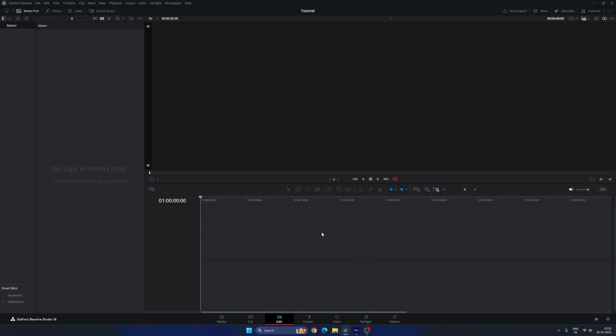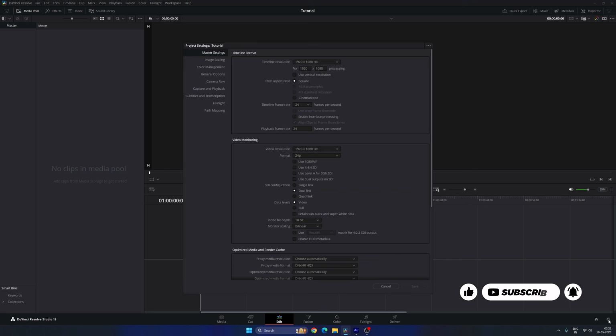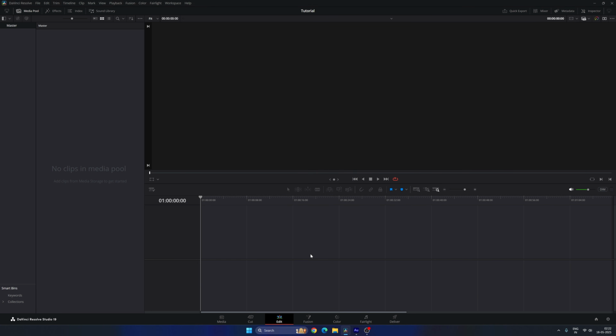Alright, so this is DaVinci Resolve, and before we start, all you have to do is the basic setting first, which is very important. So click on this setting button in the corner. Set the size of this project 1920 by 1080, frame rate 24 frames per second, which is good enough. Click on save. Once done, let's create a new Fusion composition because we're going to create this animation inside of